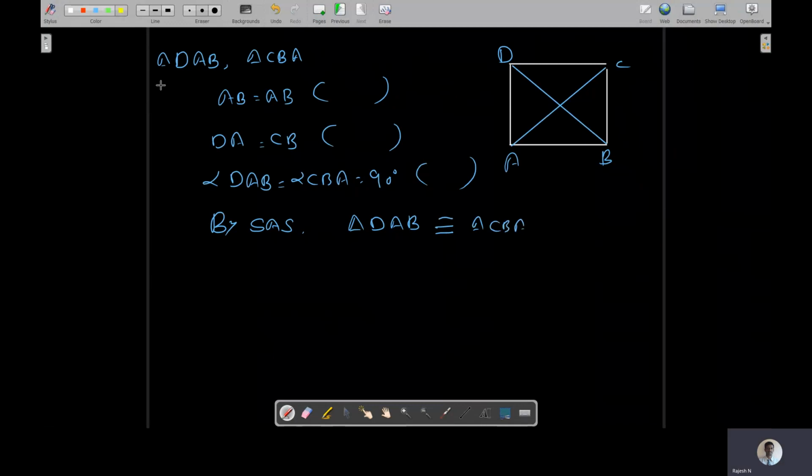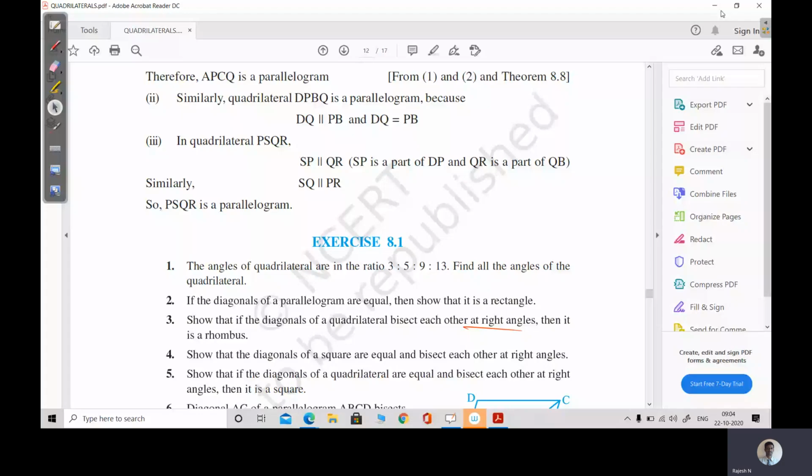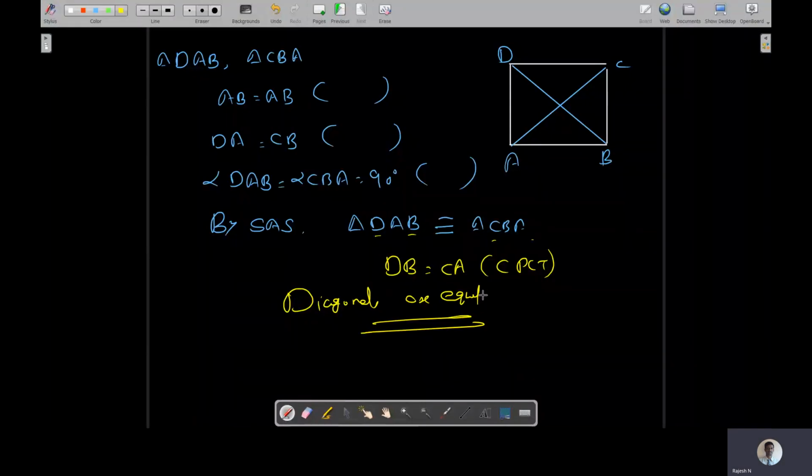If DAB congruent to CBA, what you can say? DB is equal to CA. Therefore, what you can say by CPCT. Therefore, diagonals are equal. Diagonals are equal. What is next? Diagonals bisect each other at a right angle. Diagonals bisect each other at right angle means